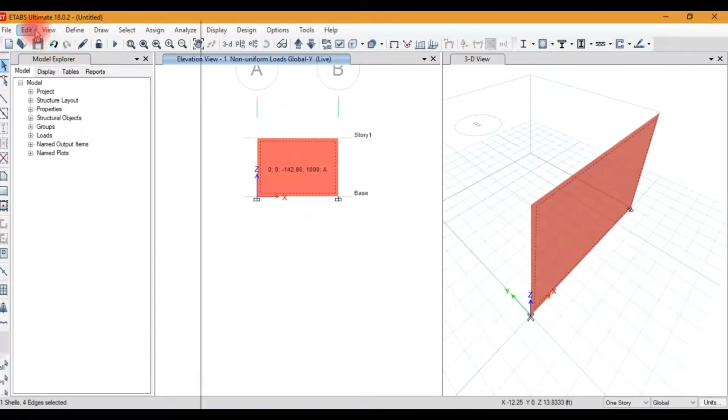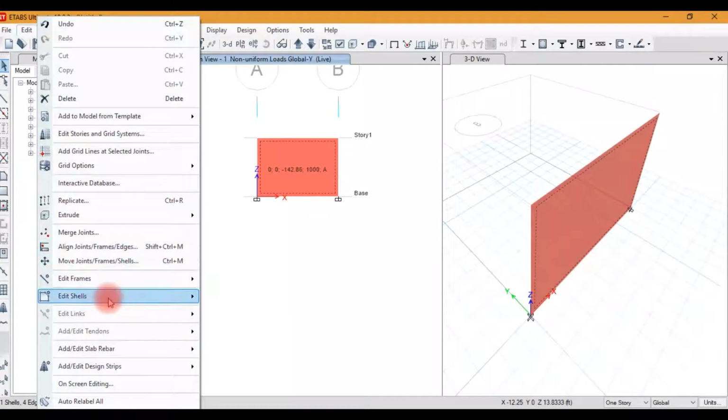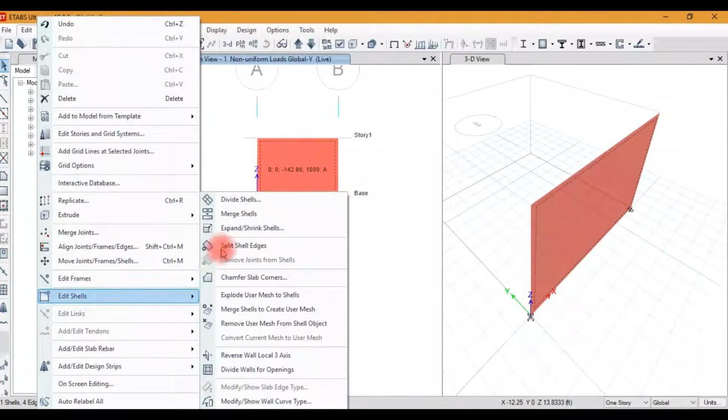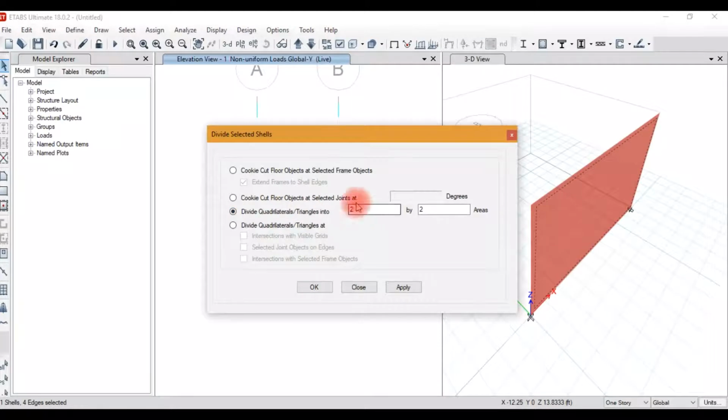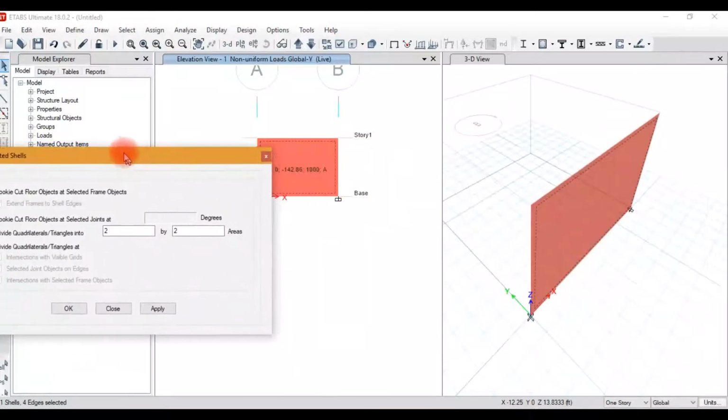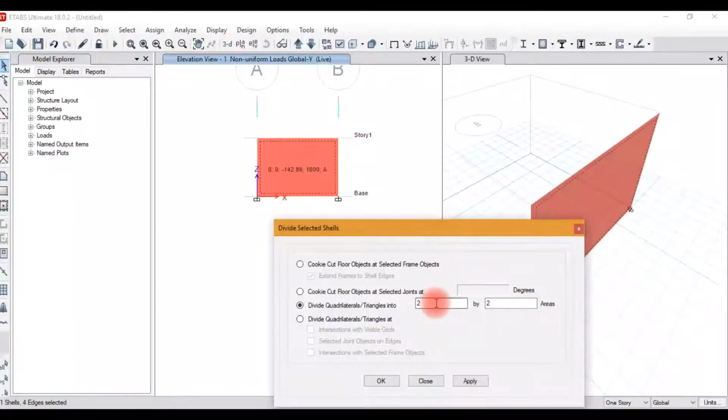Now we will divide the area. We generate 1 feet by 1 feet sections, on the horizontal 10, and on the vertical section 7.